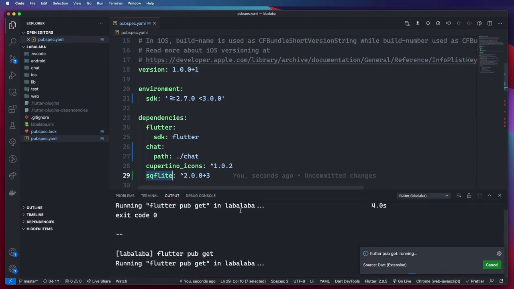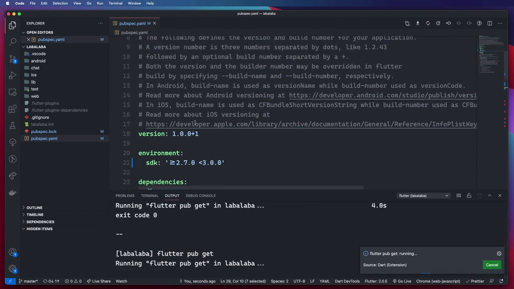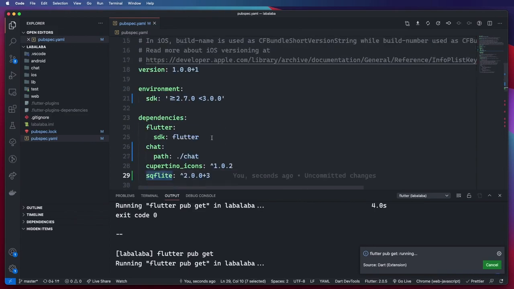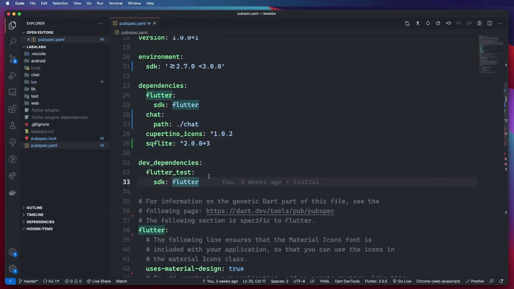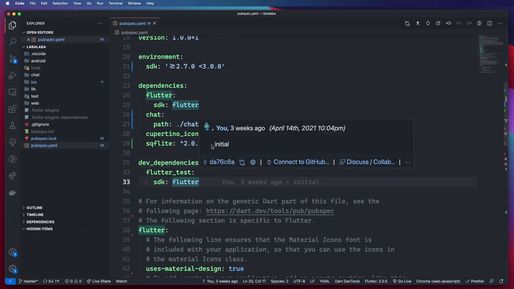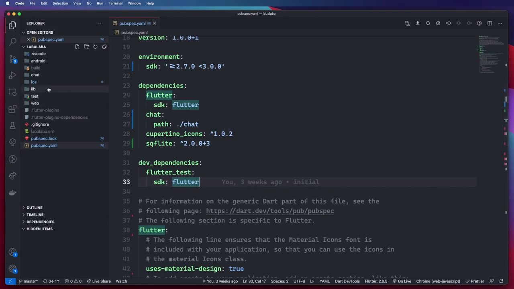And as you can see, we have some error here, or it is still running the pubspec fetch. So now that we have our package installed, I want to go ahead now and inside of our lib folder,